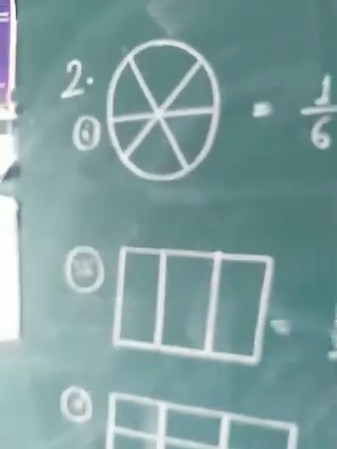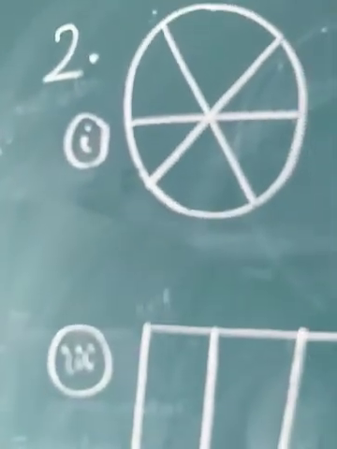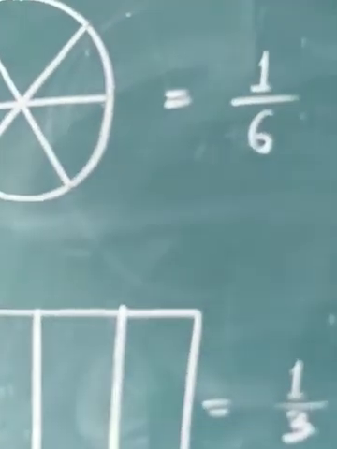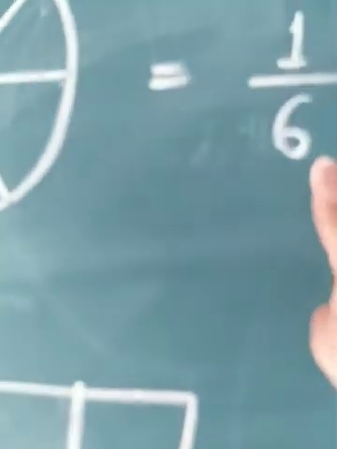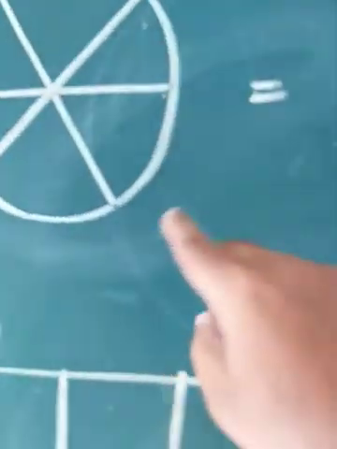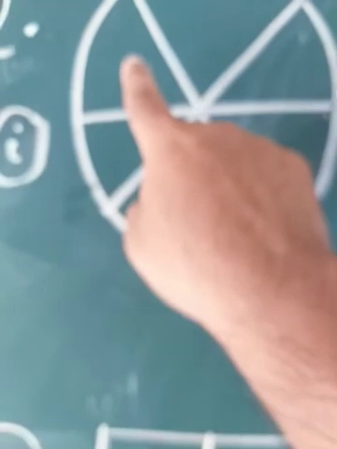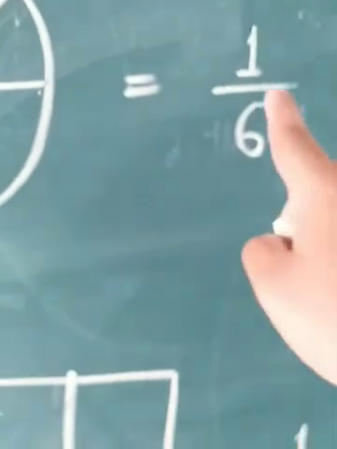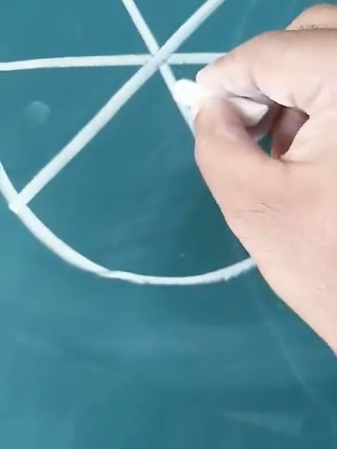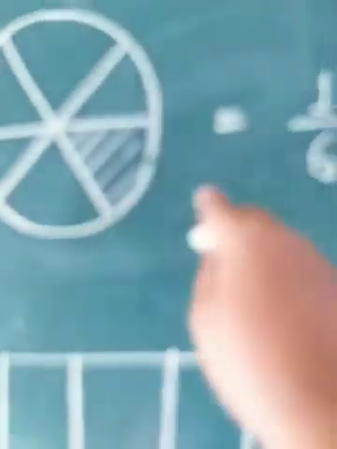Now let's move on to question number 2, sum number 1. What you have to do is that they have given the fractional form. Now you have to shade the region. Now as you see, this figure is divided into how many parts? See, the denominator represents into how many parts this whole figure is divided. So 6, you see there are 6 divisions. 1, 2, 3, 4, 5 and 6. Isn't it? Now how many parts have they taken as consideration? Only 1. So you can shade any one region, by your choice. So I am choosing this one. Fine. So this is the answer of this particular figure. So 1 by 6 can be shown in this form.